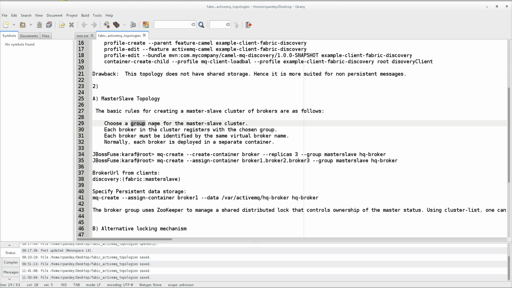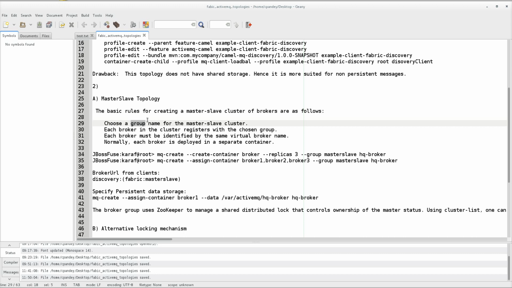Okay, so a customer, depending on the group, will be redirected to the brokers. There are multiple brokers registered to a single group, and the group will take care of the failover of the broker. So that group will take care of the high availability.